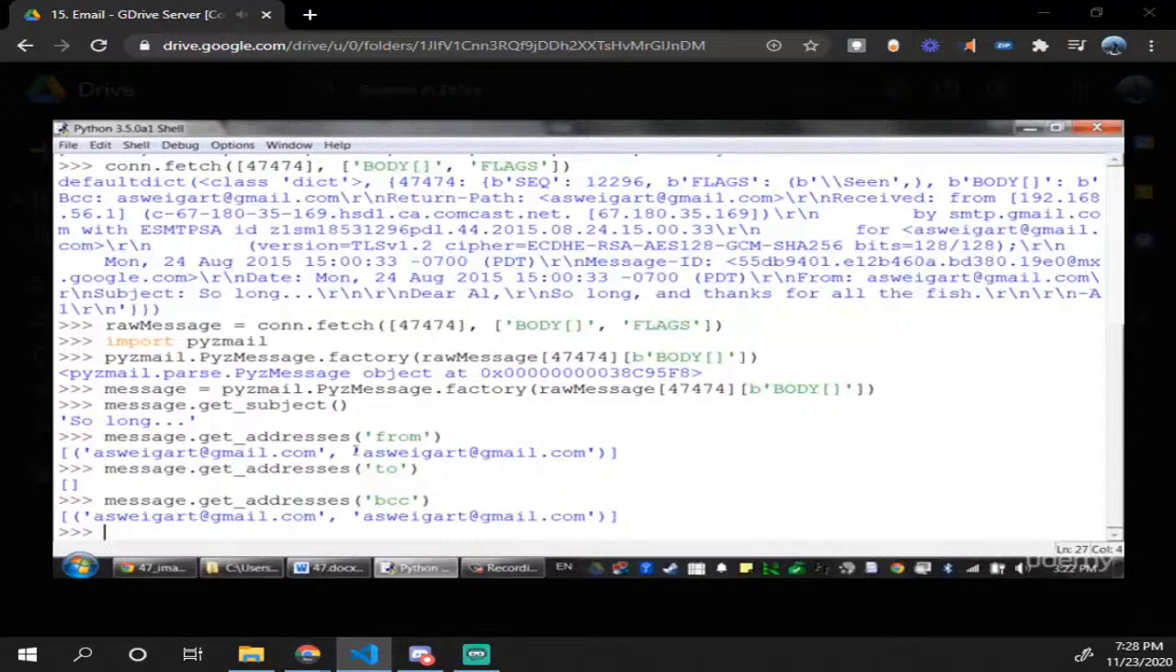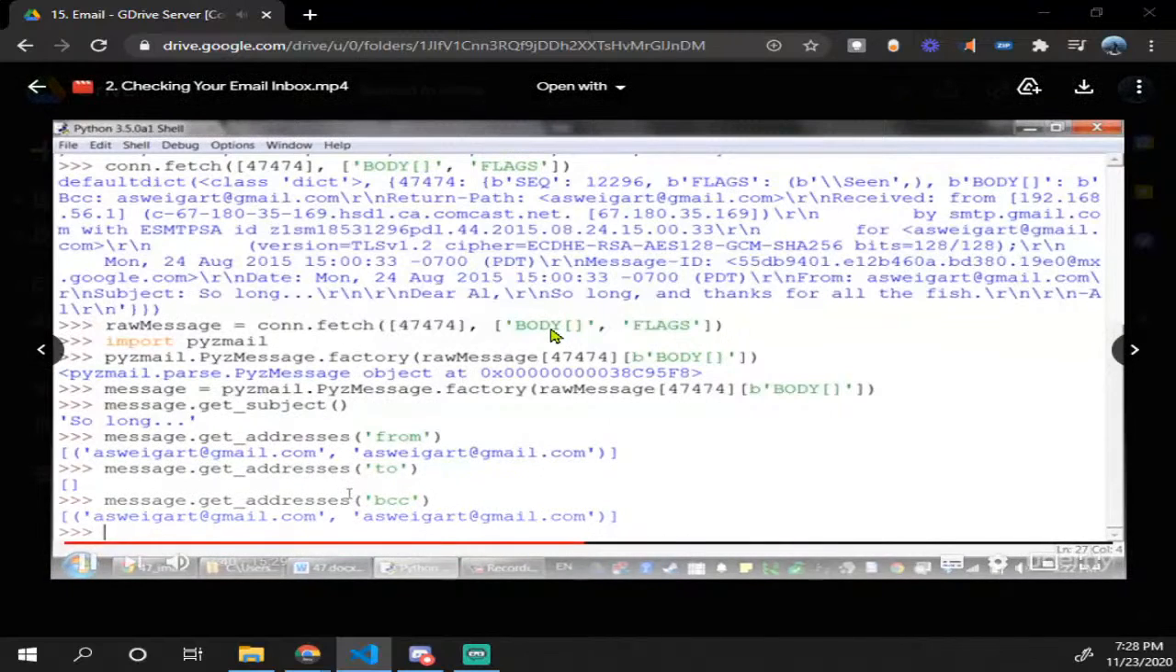But if we want the actual body of the email, we're going to have to go through yet some more complicated parts. So you may be familiar with the